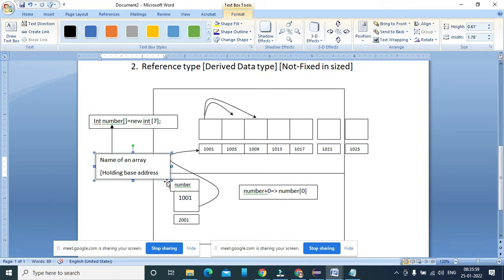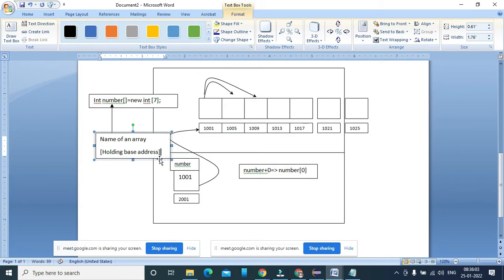So I can say it is a reference variable. It is also known as a reference variable.